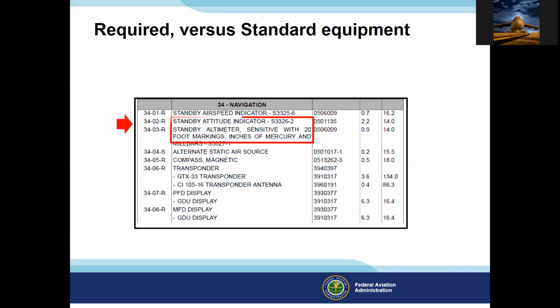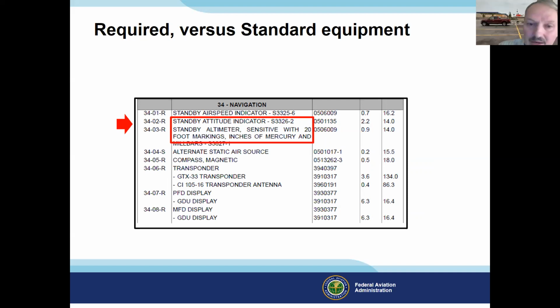And if you notice here, this aircraft has a Garmin Electronics PFD and an MFD. You'll see that the standby instruments are required equipment, and it's listed at the top of the table. And if you look, it's got the R as required. All items are required by type design because this does have the electronic ignition. All right. Electronic instrumentation. Go ahead.